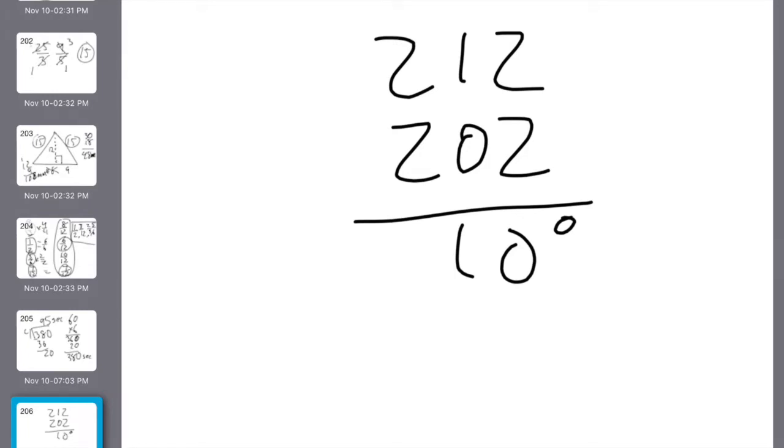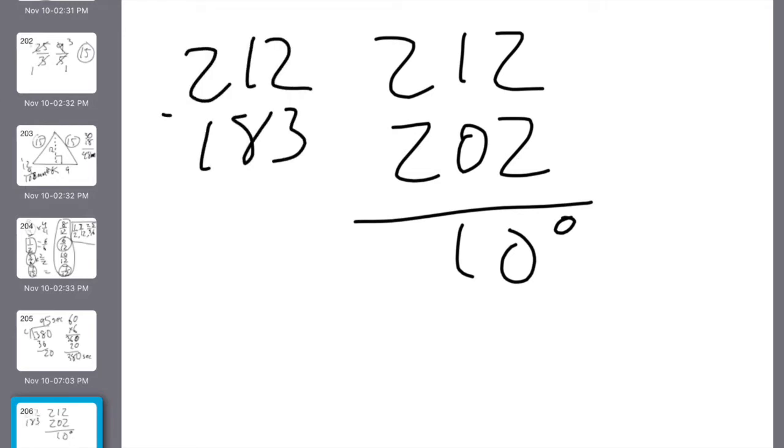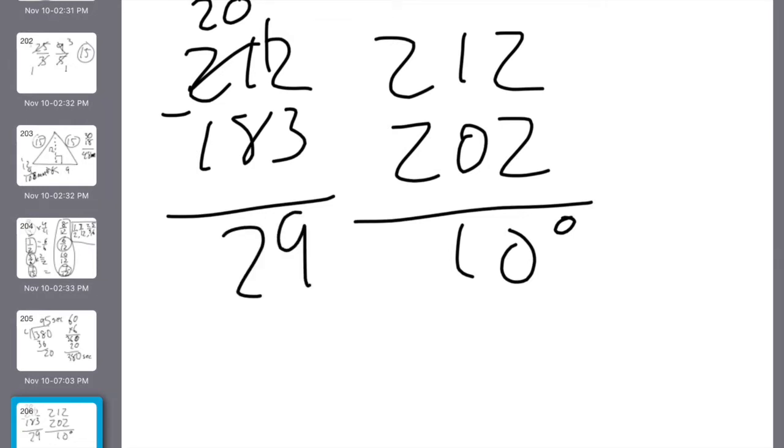B, at the summit of Puncak Jaya, the highest mountain in Indonesia, water boils at 183 degrees. About how many feet above sea level is the summit? So it normally boils at 212. They get it to boil at 183. So the first thing I'm going to do is figure out how many degrees that is. So that's 20. I got a 12 there. That's 9. 20 minus 18 is 2. So it's 29 degrees difference, and I know every